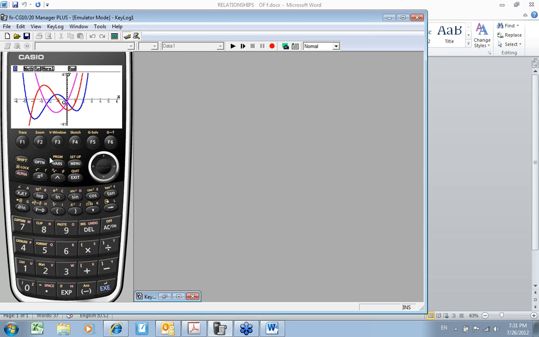So I would want to look at points of inflection. Looks like where there's a point of inflection, something might be going on with the second derivative. Might be a 0 there.